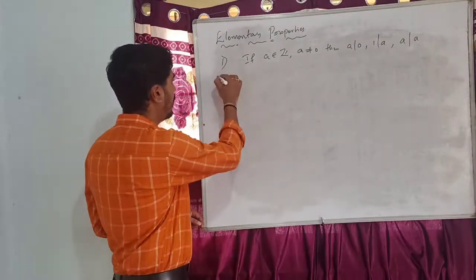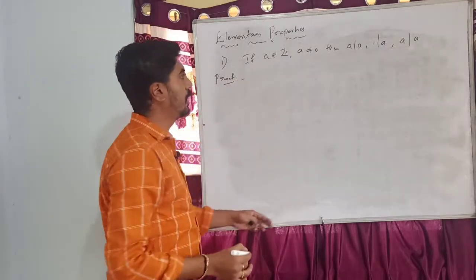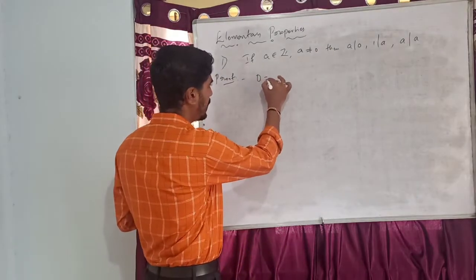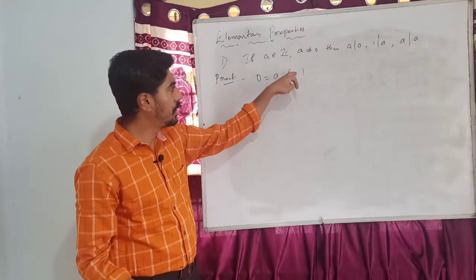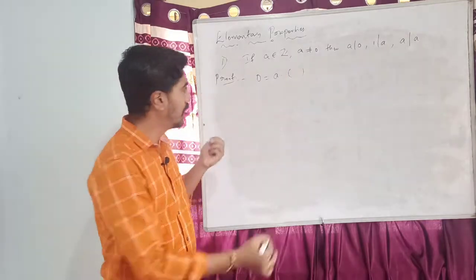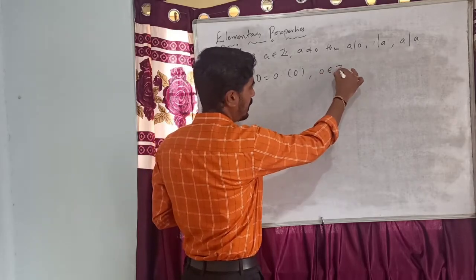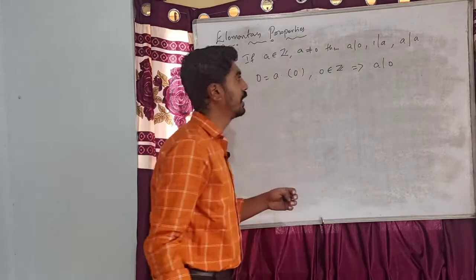To prove this, first let us prove that a divides 0. We need to express 0 as an integral multiple of a. If I put here 0, I get 0 equal to a into 0, which is true. 0 can be written as a into 0, where 0 is an integer,